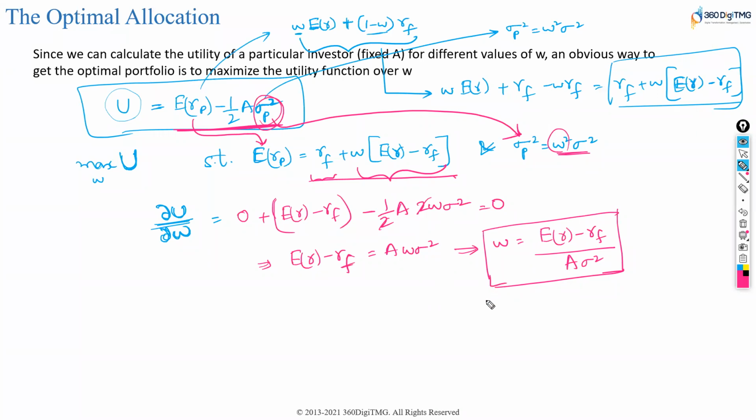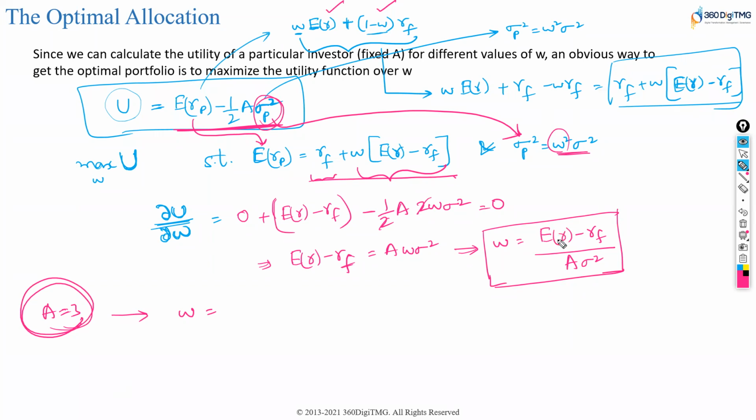This is a math way of getting your W value. That is how much money you want to invest. What is the most optimal way? Now, if I say for a guy with A equal to 3, what is the amount that this guy has to invest in risky asset? And how much should this guy with A equal to 3 invest in risk-free asset? If that's what you're interested in, then